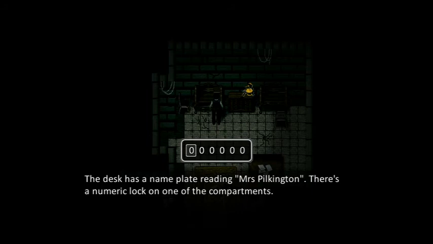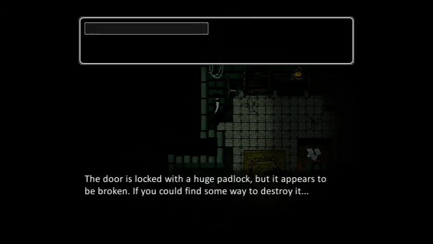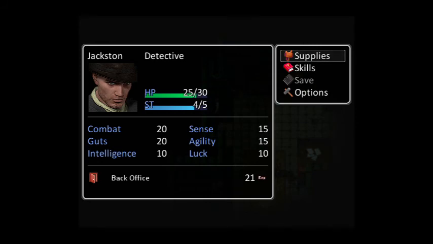The desk has a nameplate reading Miss Pinkleton. There's a numeric lock on one of the compartments. We don't have her birth date yet, though, so... And the door crossing into the other hall. The door is locked with a huge padlock, but appears to be broken. If you could find a way to destroy it...